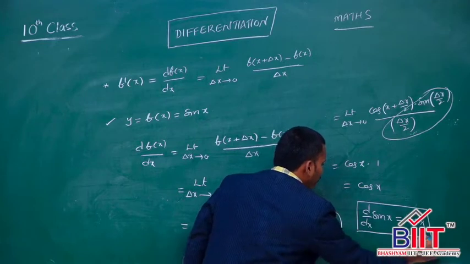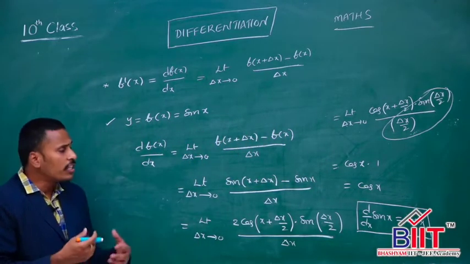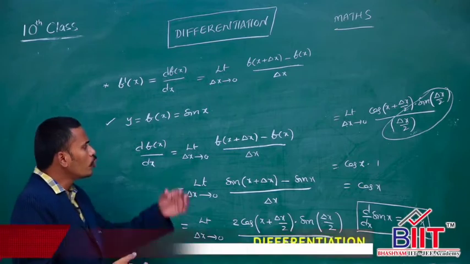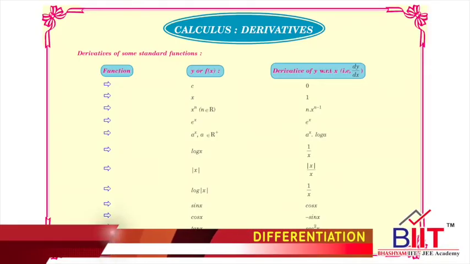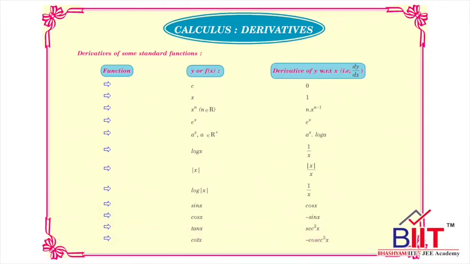So, for every standard function, there is a chance to find its derivative using this particular first principles method. Just look at the slide which shows you derivatives of all different standard functions. We will find out the derivative formulas of all these functions using the first principles method, and we are just listing them here. Look there, the first one is a constant c. Since derivative is simply the change in the functional values with respect to x, for a constant function no change occurs, so its derivative is 0.